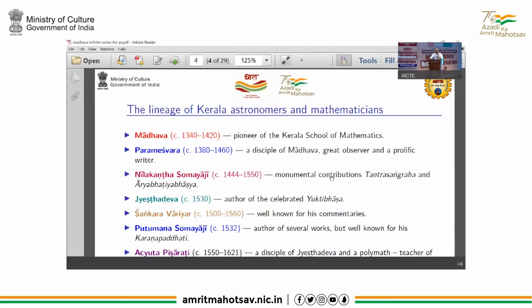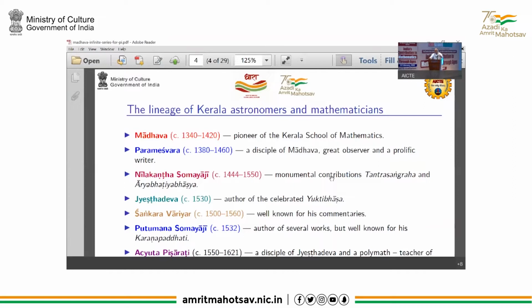See, what one has to understand is that Jyeshtadeva in his Yukti Bhasha says, I am essentially elaborating the techniques which have been employed by the earlier mathematicians and astronomers. That's why, though we place him in the 16th century, all that he explains is something which he has got from the earlier ones. In fact, this is written as a commentary to Tantra Sangraha. So therefore, this goes much earlier, and we believe that most of the techniques have been shared by Madhava over